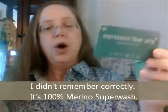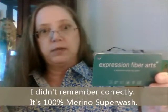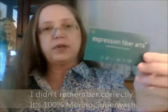Superwash Merino Sock yarn. So it's nylon and wool. Superwash Merino Sock, 366 meters or 400 yards. Suggested size knitting needle is US size 0 to 2, crochet hook B to E, hand wash or machine wash. But I believe if I remember correctly, it's a combination of wool and nylon, sort of like 75-20 or something like that. But if you get on her website, it'll have it on there. And this colorway is called